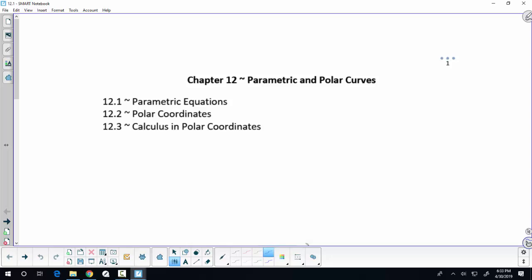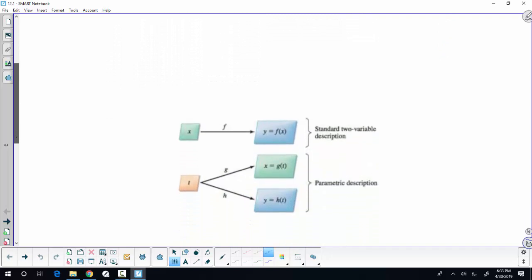If you go on to Calc 3, there are some instances where you do have to look at parametric equations. They're useful for describing things like trajectories. Although we don't get into a great deal of detail with them, you will see them at least a little bit again in Calc 3. The idea here in 12.1,